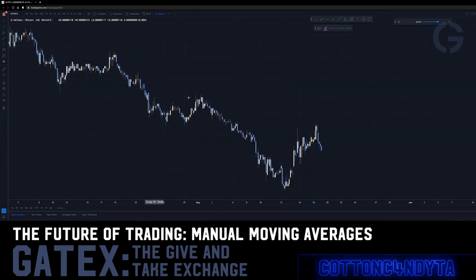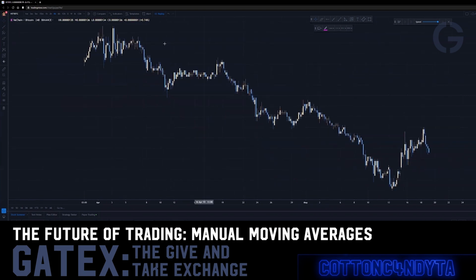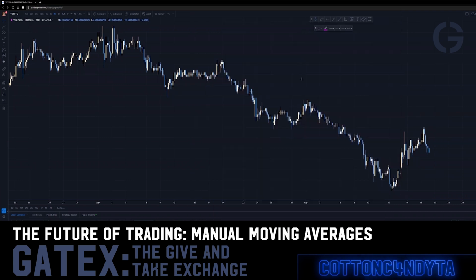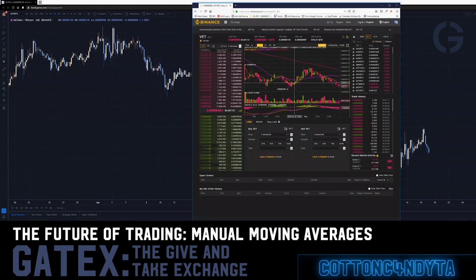Okay, so 430. Where is 430? Timestamp was 430 at 1500. So 430 at 1500 right here. Right there. That is showing you a trend break from the past. This is always going to be 4 or 5 candles back. So in this moment at 29 at 1900, the data that a moving average is reflecting